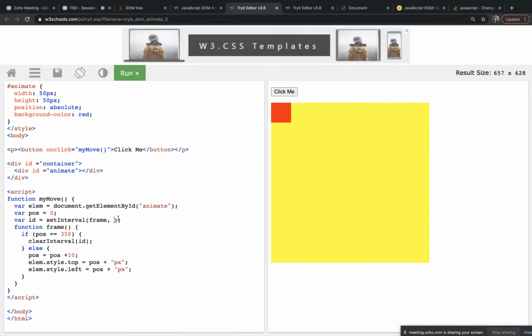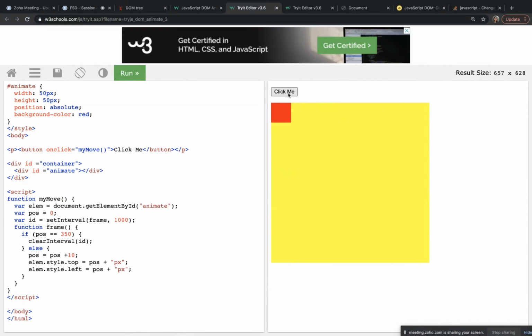Yeah, it was working. Let me say 1 second. Click me. After 1 second, it is changing. There's a difference, right? After 1 second, it is changing its position by plus 10. If I change it to 100, its position is getting changed by 100.